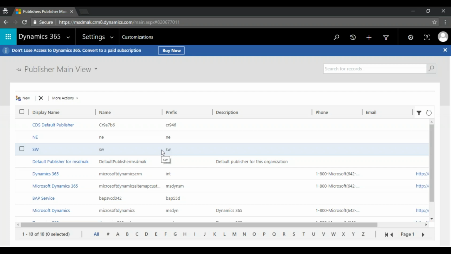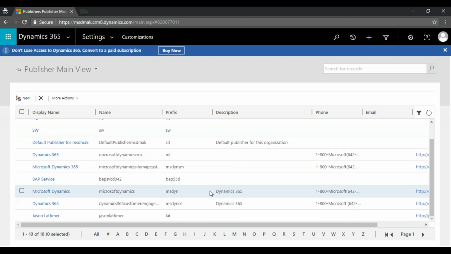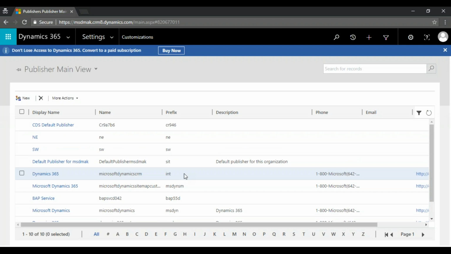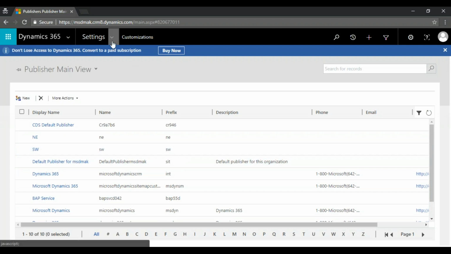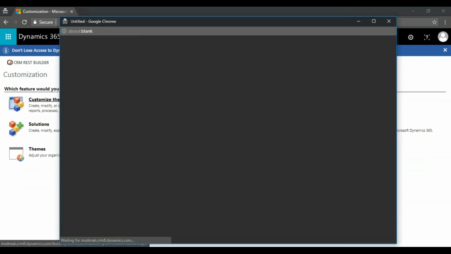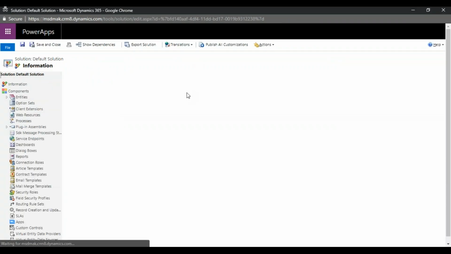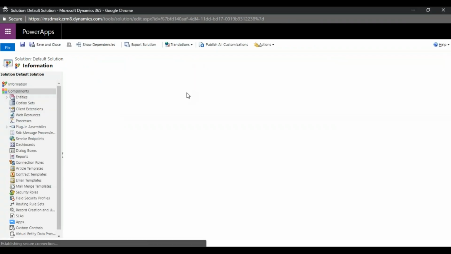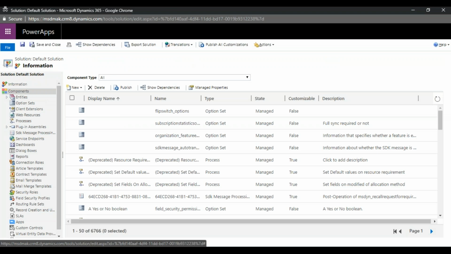So for the default publisher, we changed it to SIT. Going further, whatever customizations and development we do will get prefixed with SIT. So I'll go to customize the system. So we do the integration account. It's not system admin. We use that integration admin for creating all these